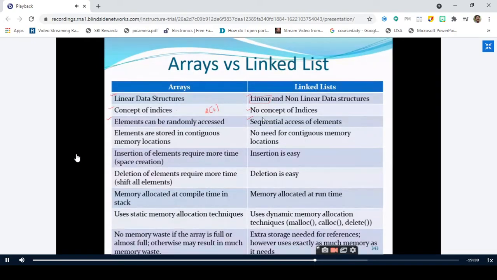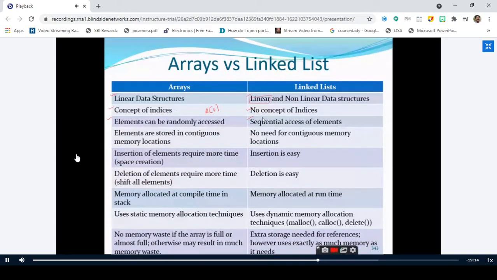If somebody asks you to write a program to access the fifth node, random access is not at all possible in the linked list. If I want to access the fifth node, what do I have to do? You have to start from the first node. Then start a counter with 1. If it is not equal, you go to the second node and increment the counter like that.